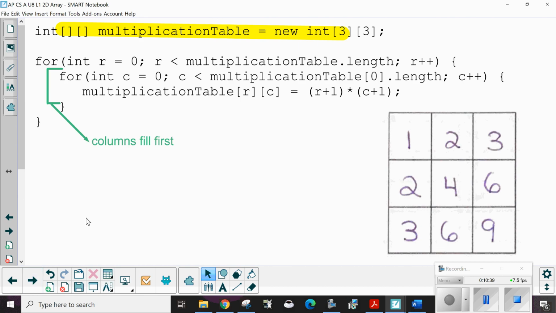Now, if I want to, I can nest things in together. And so I can go through the whole thing. And again, it depends if you want to go row major or column major. But for R is set to 0, so I'm at row 0, and I'm less than my multiplication table dot length, R++. For C is set to 0, multiplication table sub 0 dot length, so it's this long. C++,